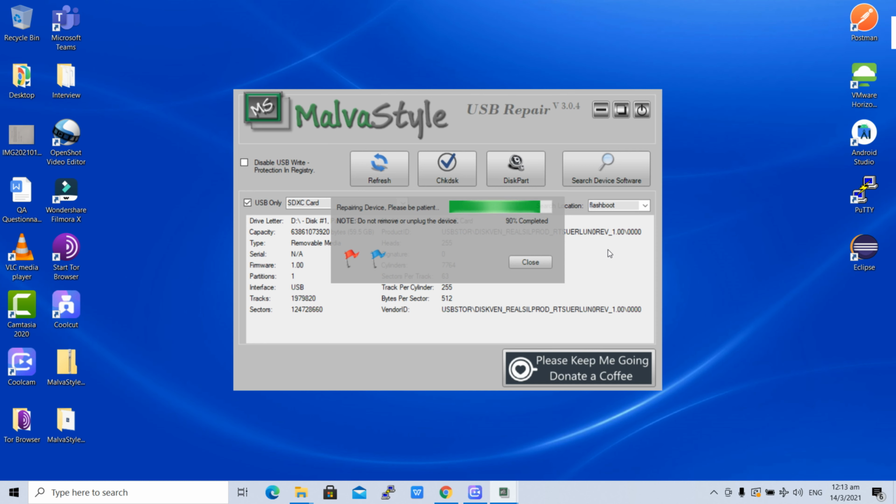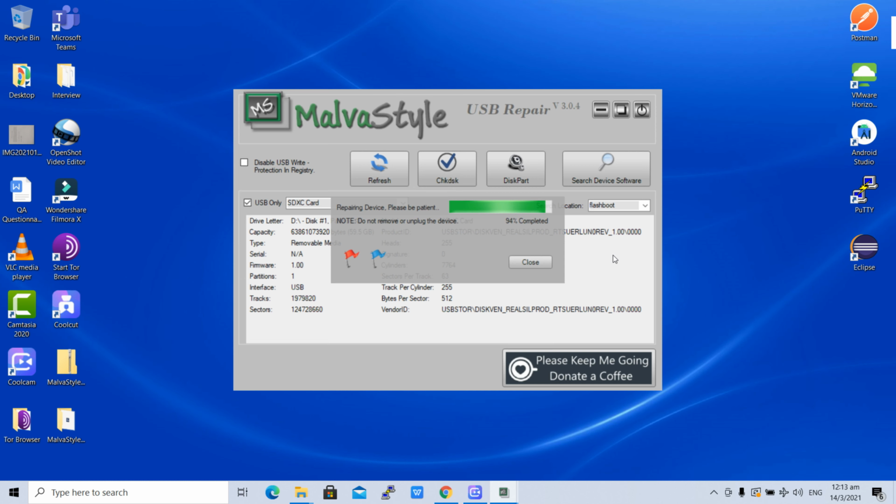So you can first try the registry edit. If it does not work, then you can try this Malwa style USB repair. This is another way of formatting. In many computers the first option will work, but if it is not working, then you can try this one. Now 93% completed.